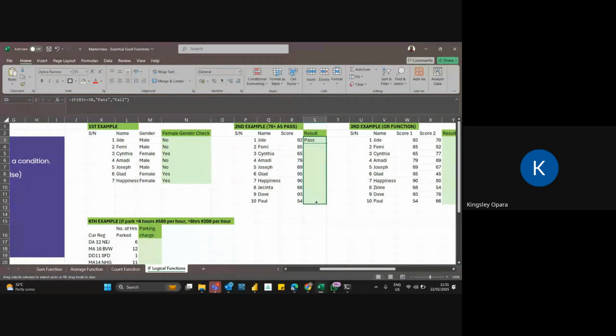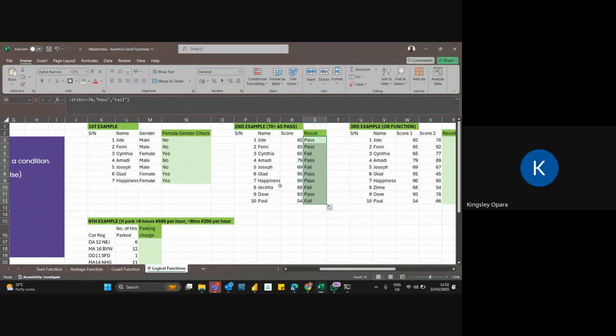If I drag down now for the rest, at a glance, in one click, you see pass, pass, fail, pass, fail, pass, pass, fail, pass, fail. Now we can at a glance see who has passed and who has failed.